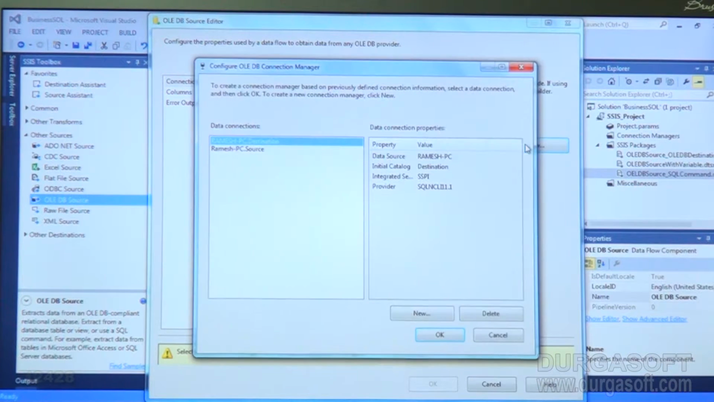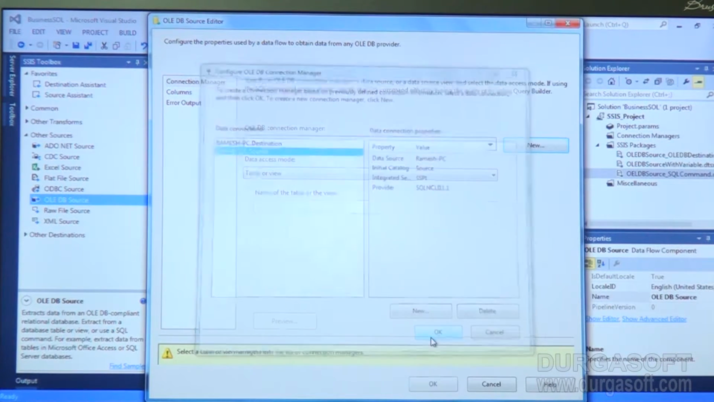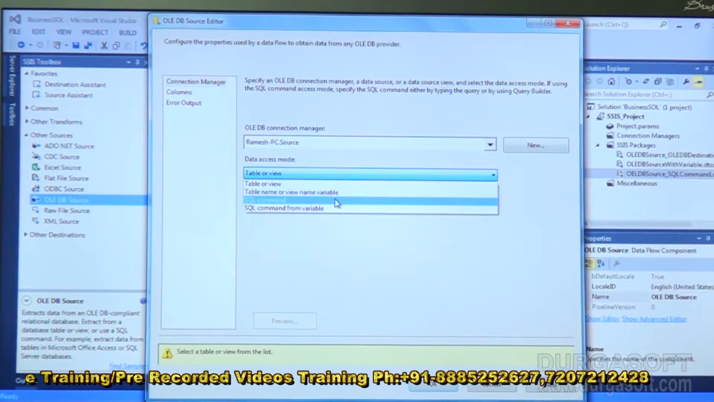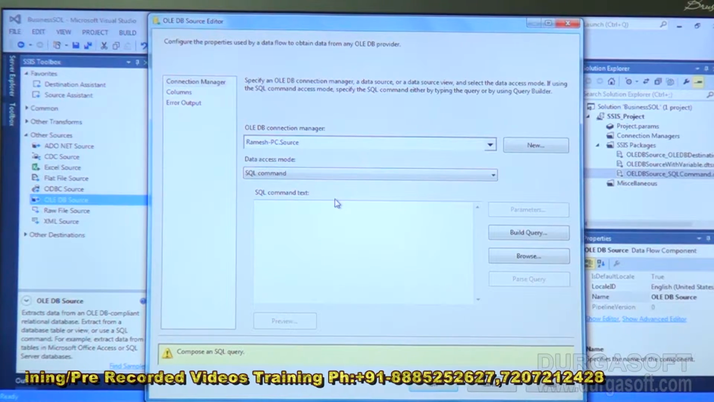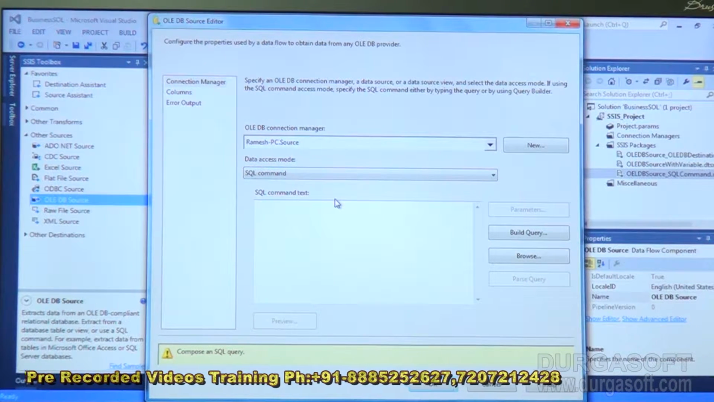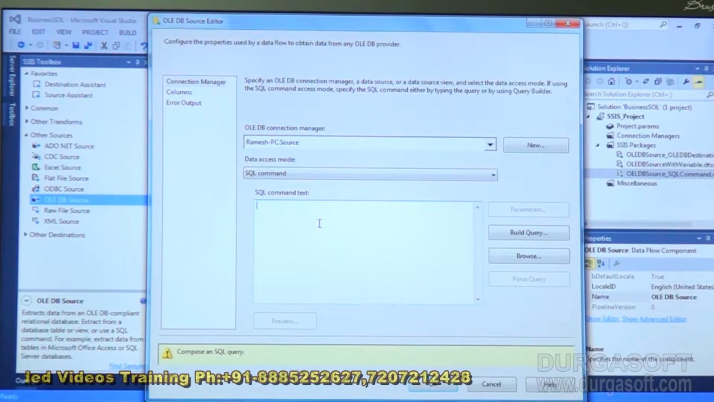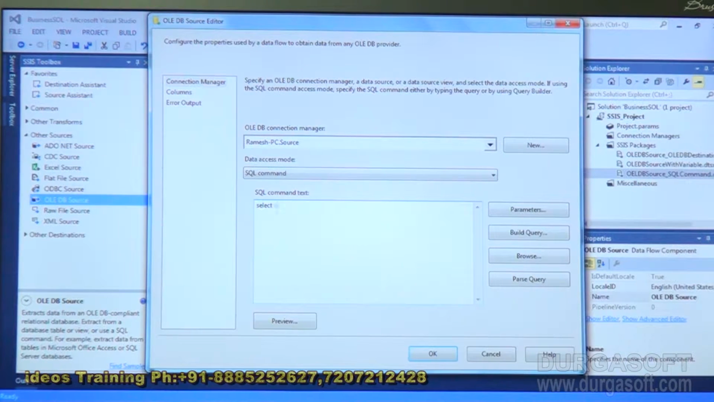Specify the connection, I am choosing the source connection, and here table or view is the data access mode. Instead of that I am choosing SQL command. So I am saying that I want to write the native SQL, so I selected this SQL command and I am writing the query here. How? Select employee number, employee name, salary, commission, department number from src_emp order by